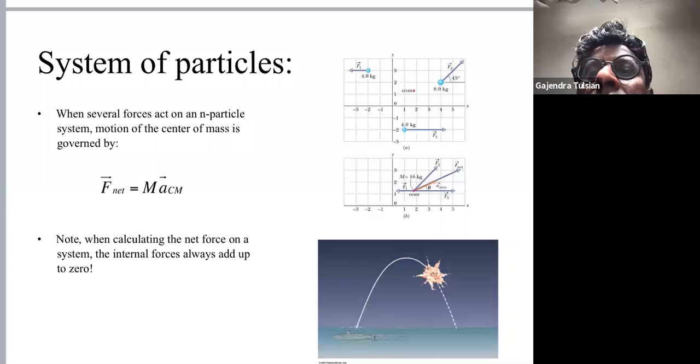Okay, so now what we're going to talk about is the following. Again, the point was, here's Newton's second law. Force is dp by dt, rate of change of linear momentum. And the neat thing about this law is it's valid for a single particle, and it's also valid for a system